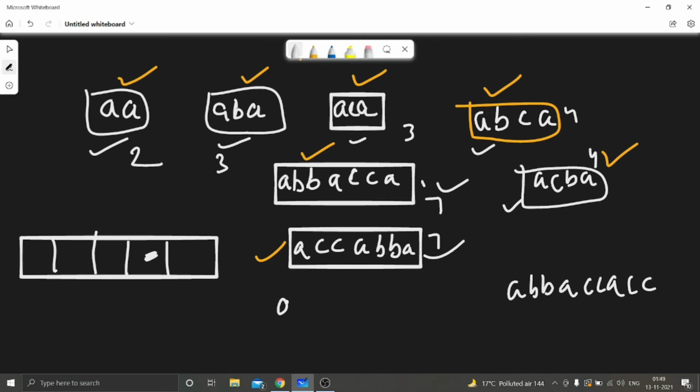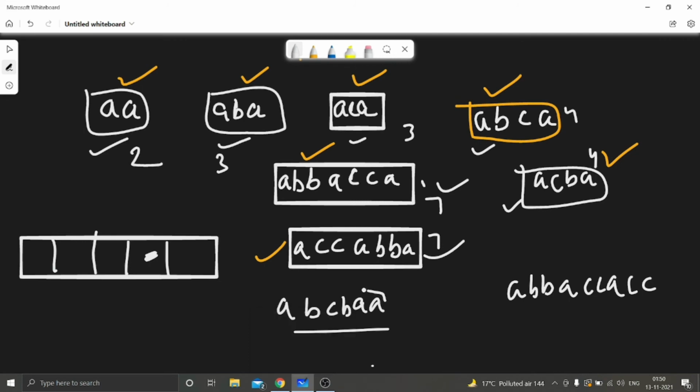Let's say this is for length 4. Now if you add one more character, the number of A is more than the number of B and C, right? So if you add one more character, let's say I add B, now the number of A is no more greater than the number of B and C. So you have to take the number of A one more time. If you add A here, that becomes length 6, right? So length 5 is not possible.